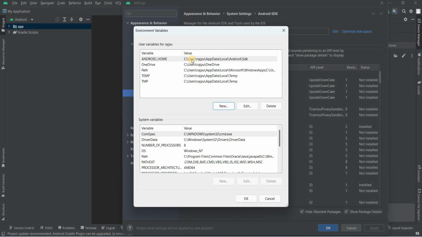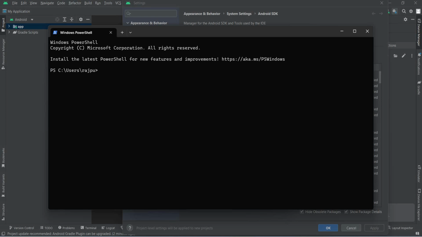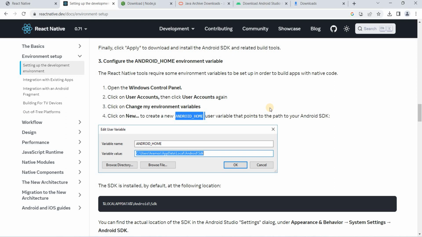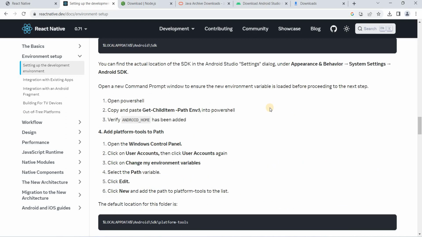Once we have added the environment variable, we have to verify that it is successfully added or not. So you have to open the Windows shell on your machine and check whether it is successfully added.